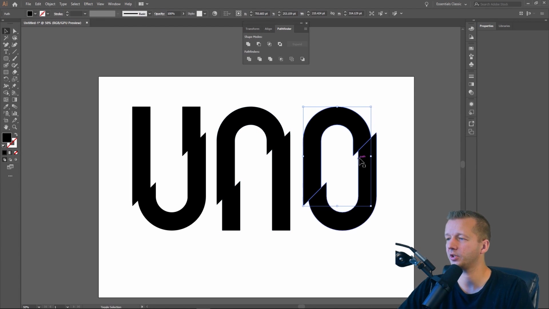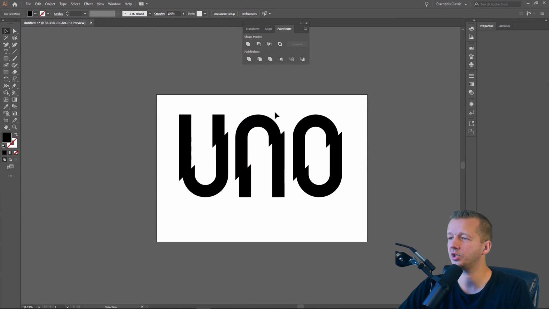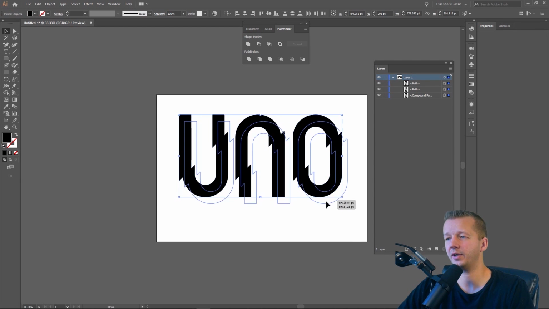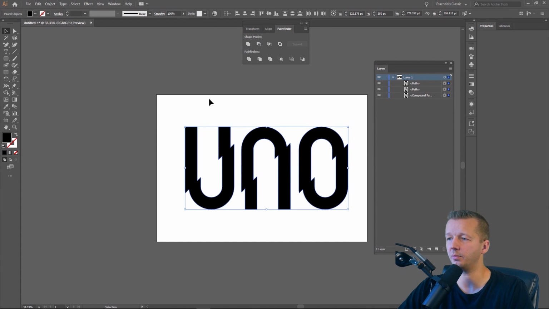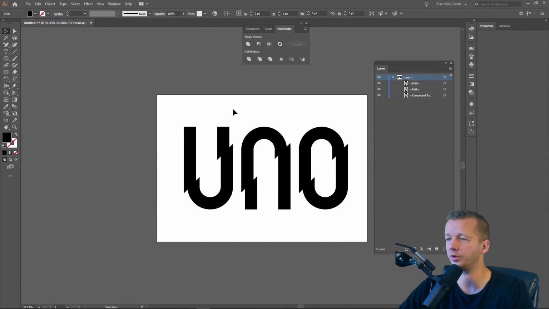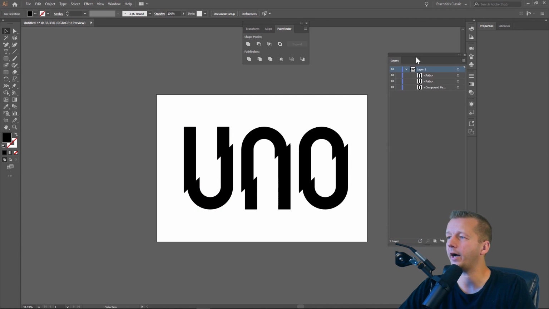And then finally, you have to make sure that this is all good to go with Unite. All right, so now we should just have three shapes. So if we go back to Windows and Layers, here we go. There's a random path down there we can delete. And this is just our three characters that we're going to use for the basis of this tutorial here. And they look pretty good. So what we'll do now, first I'm going to